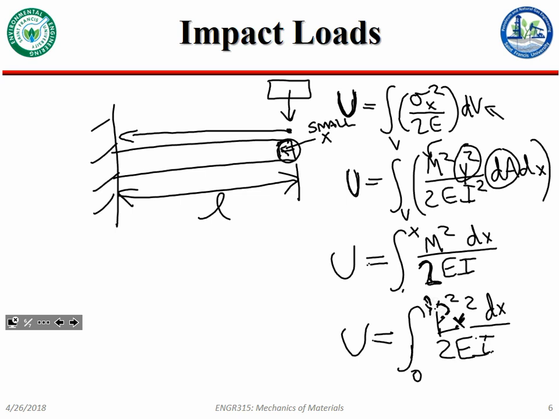Hence we'd expect physically that there'd be only a small amount of bending stress here, which would correspond with a small amount of strain energy. So if we're looking for the maximum stress, which would correspond to the maximum strain energy, we'd want to integrate to the point of maximum stress, or across the entire beam, in this case from 0 to L. So if we do that,